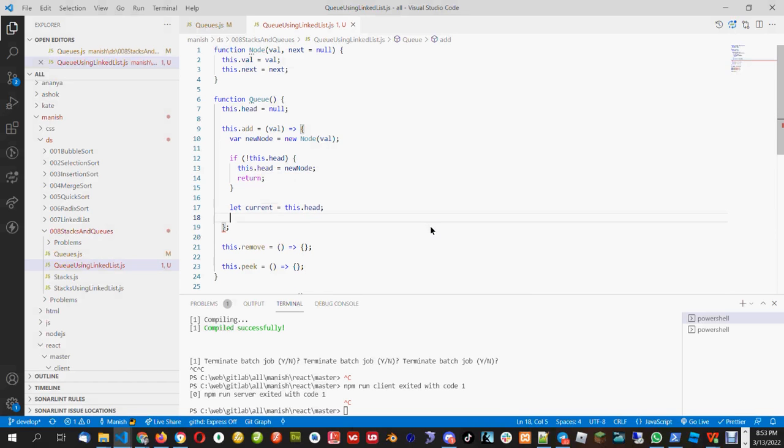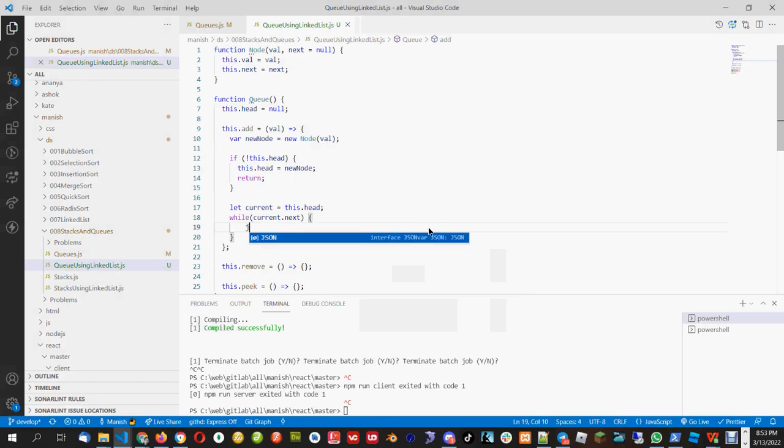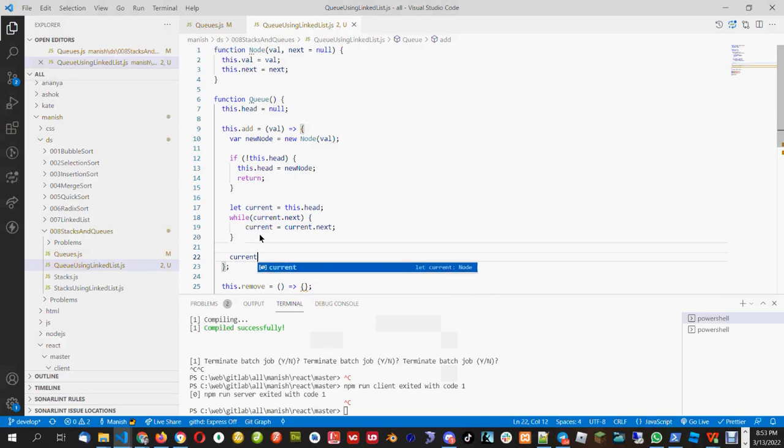So the current will be this.head. Then I have to use while current.next. If current.next is there, then we will move the current to the next. So I will say current is equal to current.next. And once we don't get current.next, that means that is the last element. So we have to say current.next is equal to